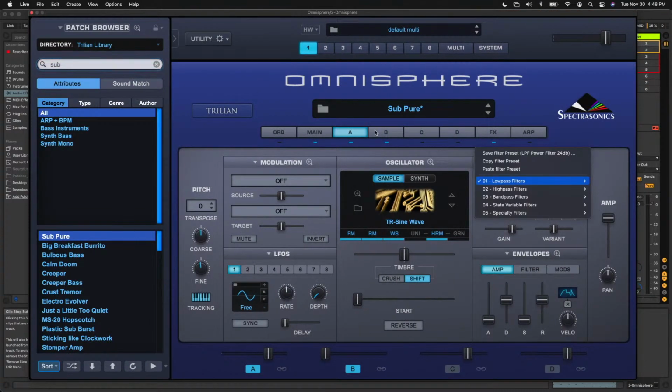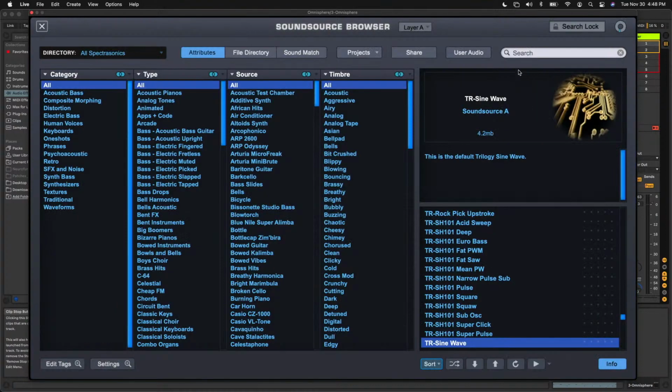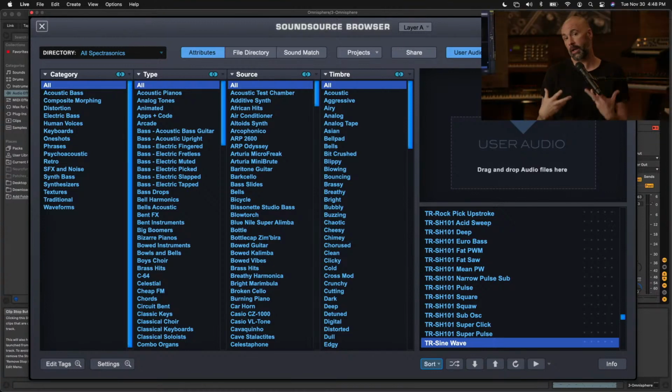And there's a section there as well. If you look, we'll go up. See right here, it says user audio. You click on that. You can drop in your user audio from any source. If it's an audio clip from Ableton, you could drop that into the user audio section. And now you have that audio as something you can process through Omnisphere,